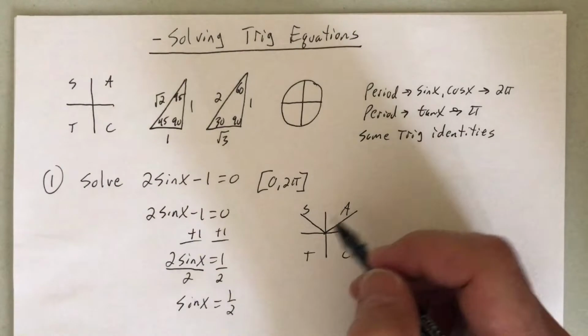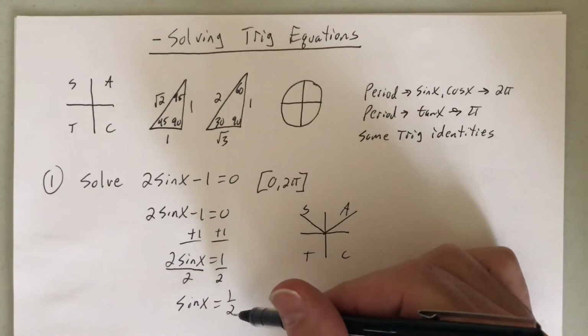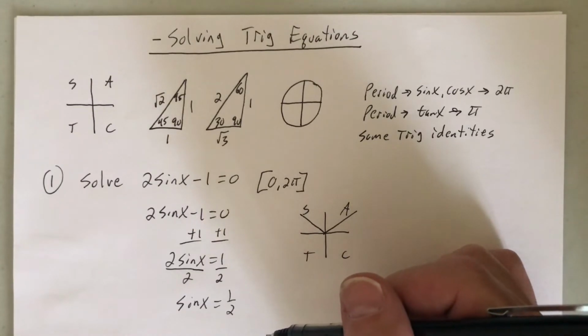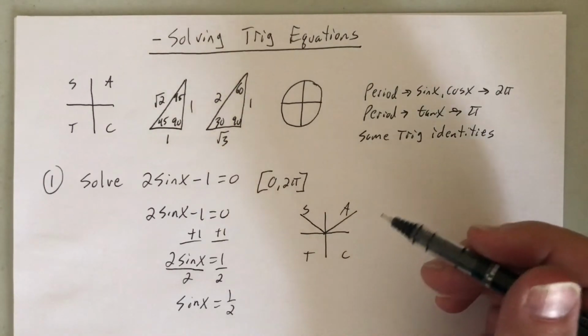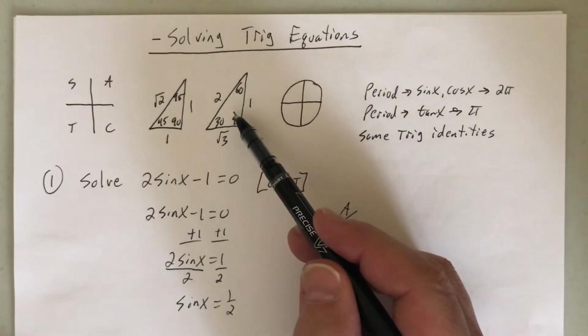So when I look at this right here, my options are, hopefully when you're looking at sine x equals 1/2, that rings a bell from the unit circle. You have the ordered pairs, the square root of 3 over 2, comma 1/2. Then you have the square root of 2 over 2, comma square root of 2 over 2, and it goes around the unit circle. Or you can use your special right triangle that we have over here